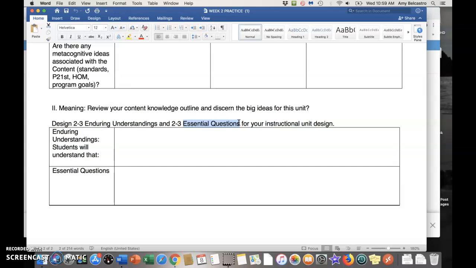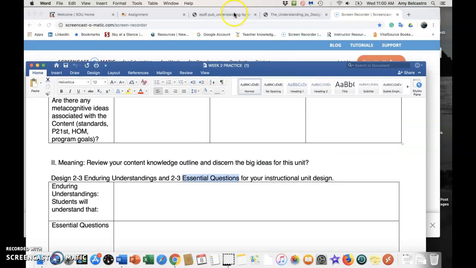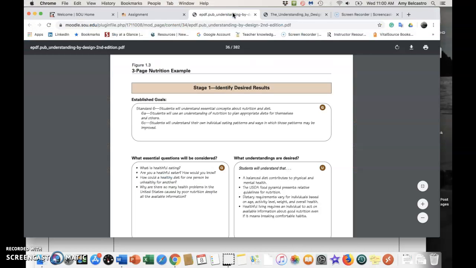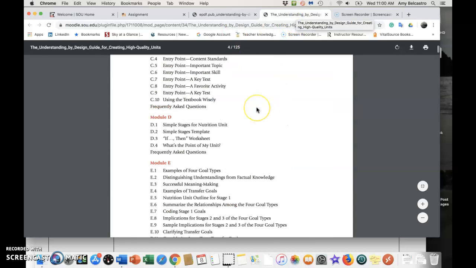These are windows, those kind of critical questions that do not have a set answer, but really help folks generate curiosity and dig deep into the big ideas of your unit. To do that, I would recommend, if you want more examples, going to the examples that I gave you under additional resources. There's one that's called a guide, and you'll see under the guide, actually, if you go to the